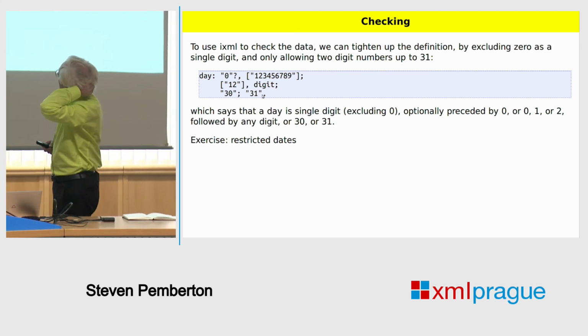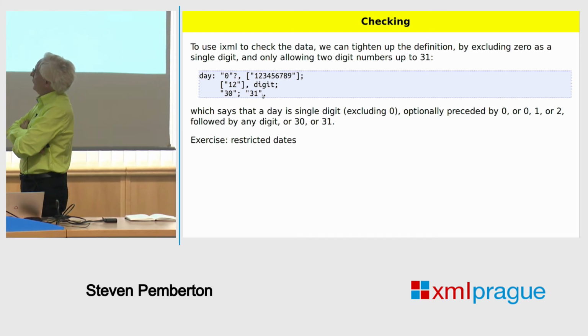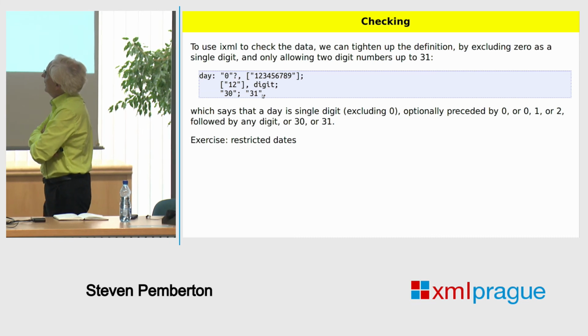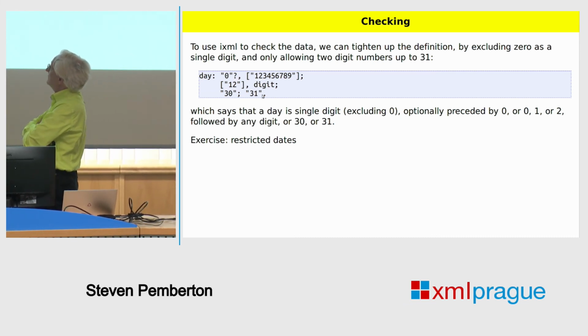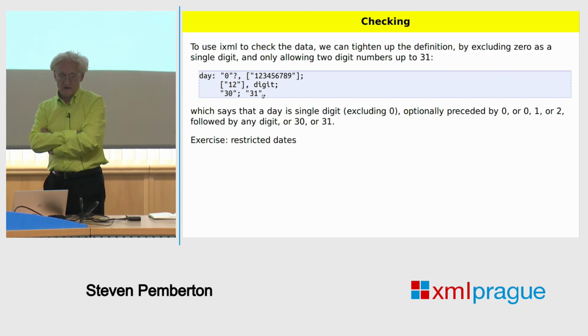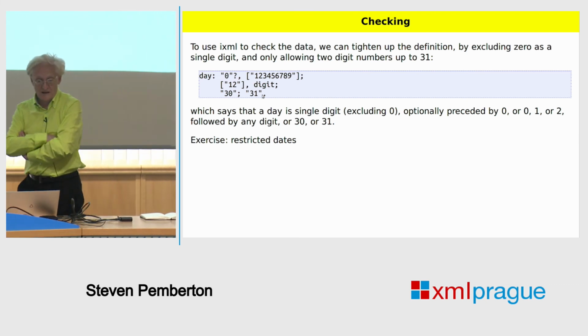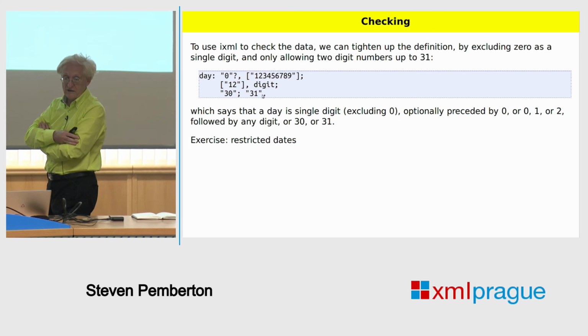So how do we do that? Well, we say a day is an optional 0 followed by a digit from 1 to 9, or it's 1 or 2 followed by a digit, or it's 30, or it's 31. So that says that basically it can be anything up to 31 with a leading 0 for single digits if you want,